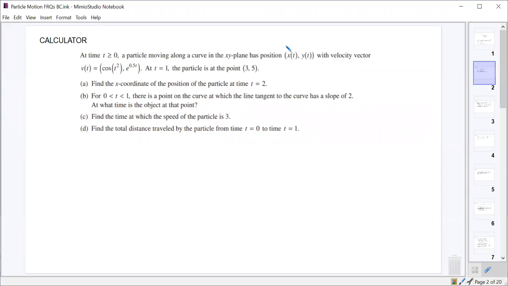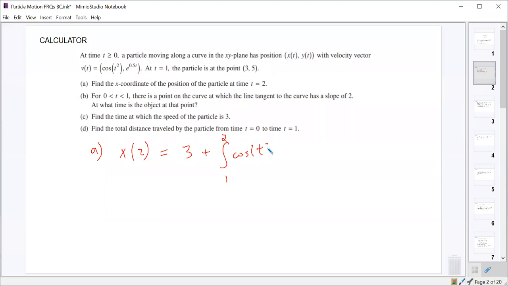So first thing it wants us to do is find the x coordinate of the position of the particle at t equals 2. In order to figure out the x coordinate, we need to figure out how far it moves between 1 and 2, and then we need to add its initial position to that. So the value for x of 2 ought to be its initial x position at t equals 1, plus how far it displaces from 1 to 2